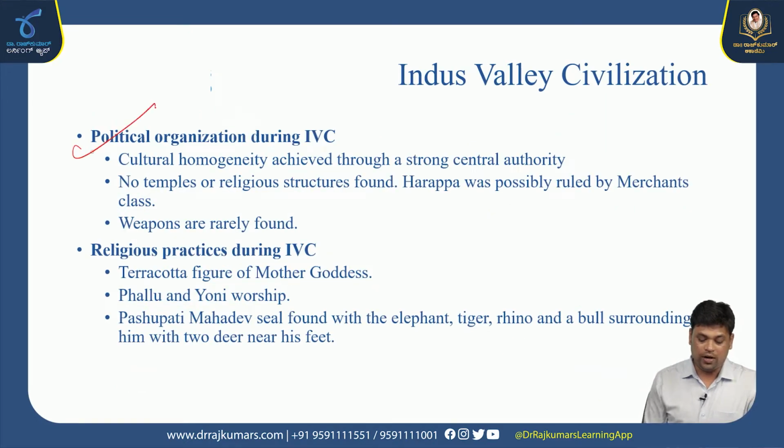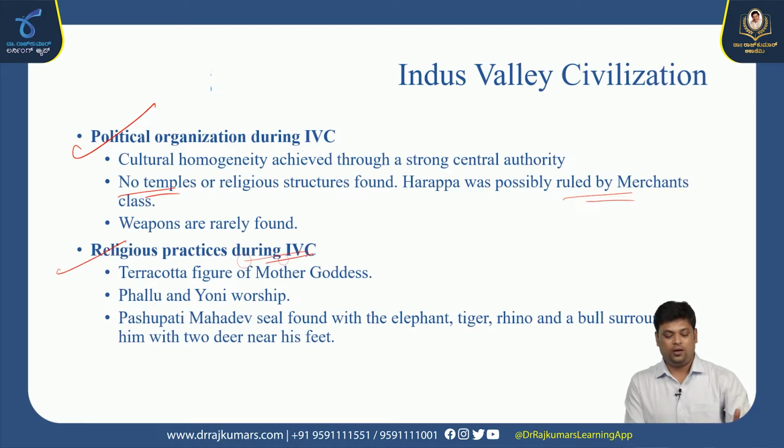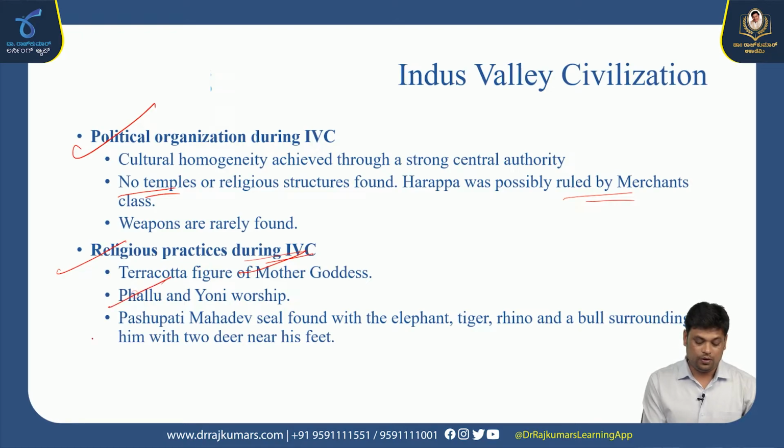Political organization: homogeneity was achieved through a strong central authority. No temples or religious structures were found in Harappa. Possibly it was ruled by the merchants, as I told you. Weapons were rarely used. Religious practice during the IVC included terracotta figures of mother goddesses, Phallus and Yoni worship, and the Pashupati